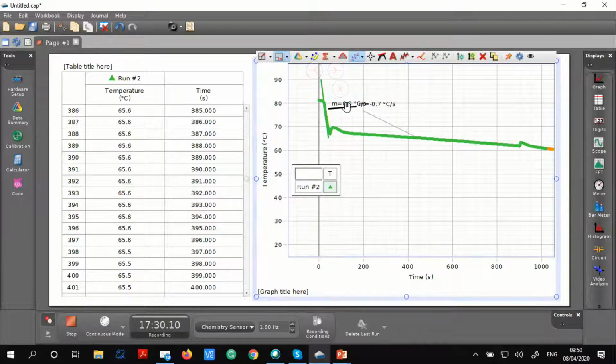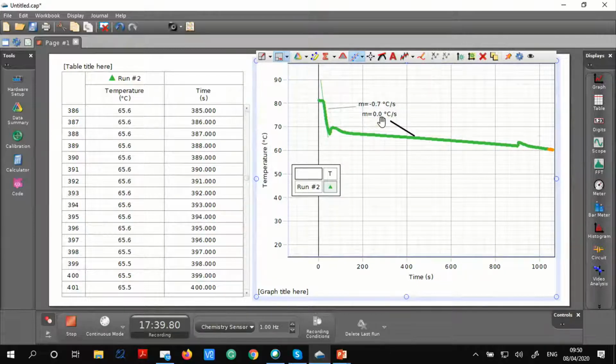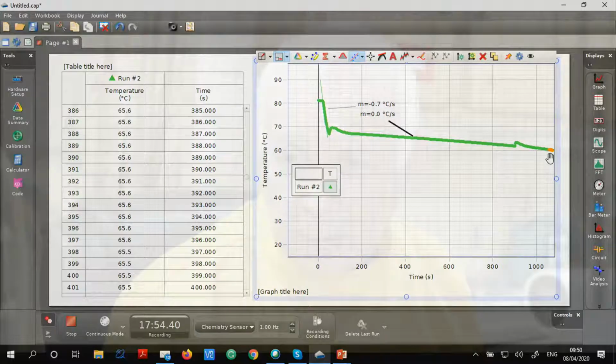This was cooling at 0.7 degrees Celsius per second. Now we're more or less on 0 degrees Celsius per second, and eventually it will kick in, but we'll probably have to leave that one to see how it's going to go. So not as exciting as I wanted it to be. I expected a little bit more excitement from this one, but